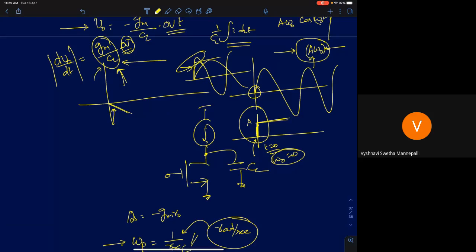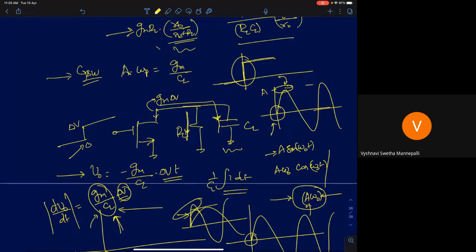What is the impedance of a capacitance? Frequency dependent, it will be 1 by omega naught C or 1 by omega C. This is the frequency dependent impedance of a capacitor. So suddenly, because the capacitor is going to think it's an infinite frequency input, it's going to offer a 0 impedance. 1 by omega C will become 0.